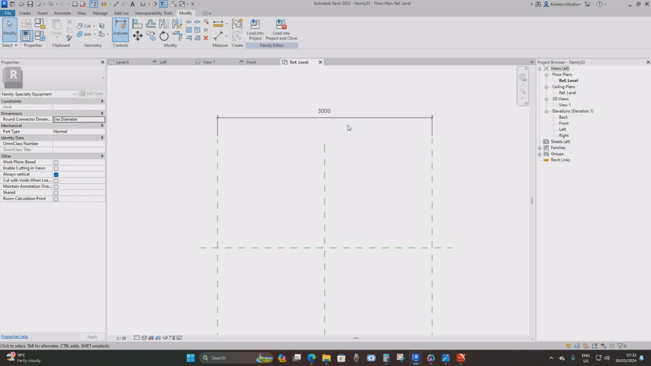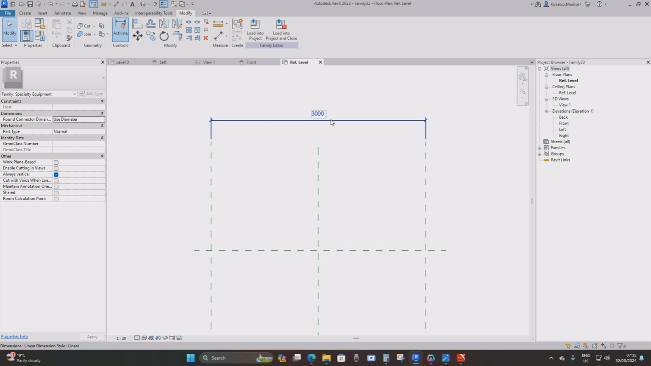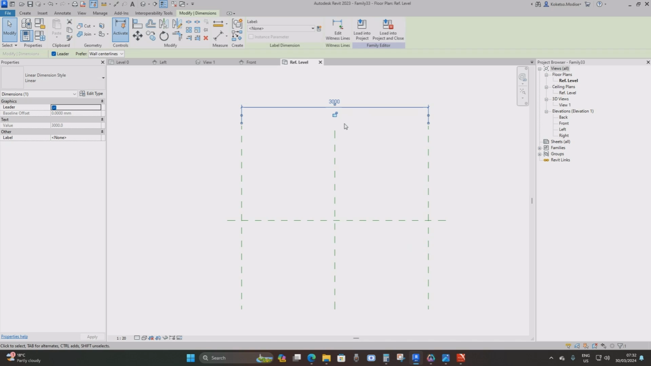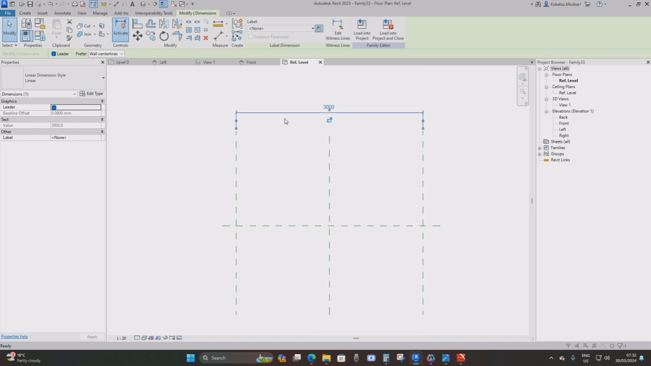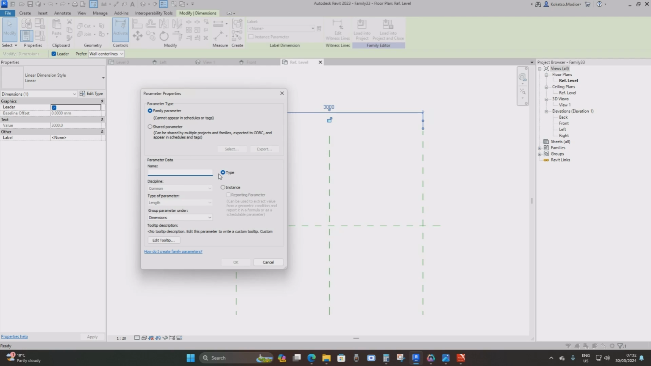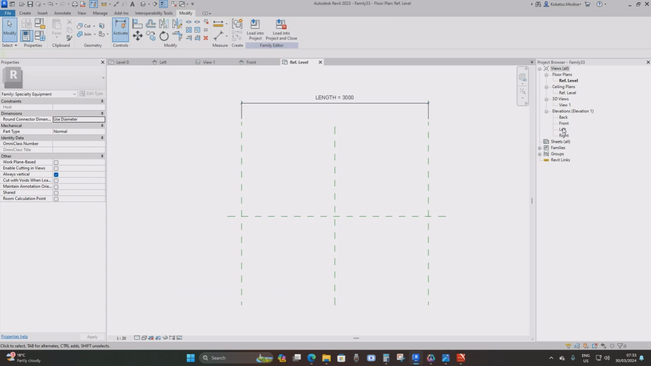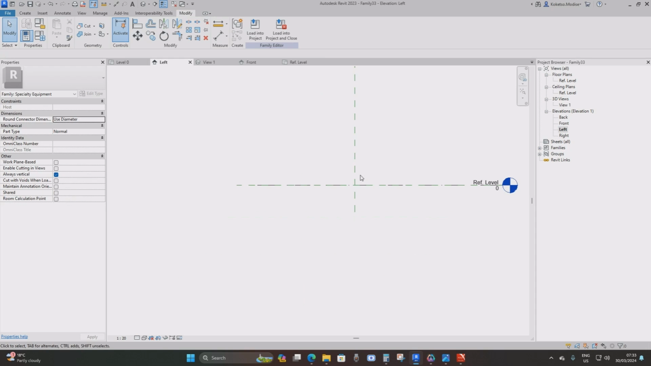And now before we construct our extrusion or geometry, we're going to have to add a parameter to this just to make it more intelligent. So we're going to say create parameter, and then instead of it being a type, we're going to make it an instance parameter. The reason why we do this is because I want us to generate a drag control or drag point. So I'll show you guys what I'm talking about. So we're going to set it to instance parameter, and then we're going to name it the length and say okay. Perfect. And now for our geometry, we're going to go with the left elevation,